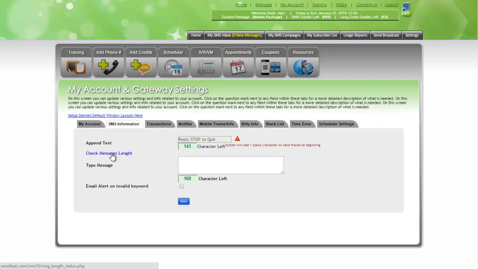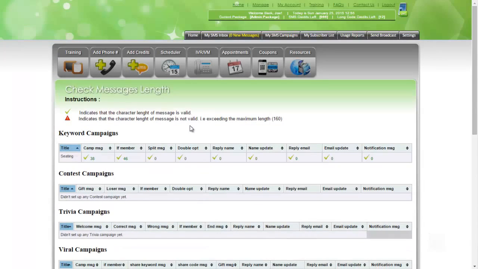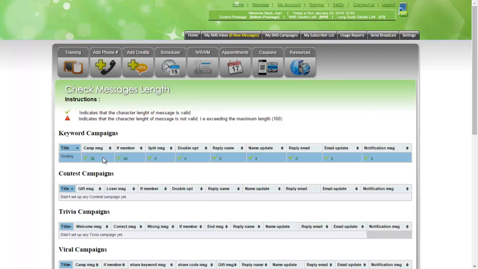Next is our check messages length. Once the append text is placed into the content of the SMS, the body of it, you can determine if at some point your campaign messages exceed the allotted 160 characters per SMS. Now, when we get into the training about the keyword campaigns, etc., we're going to see how when you structure a message, always keep your messages around 135 to 140 in length, because you're always going to have, especially when you're using merge tags, data that's automatically added into the SMS, and sometimes this data can exceed the characters that